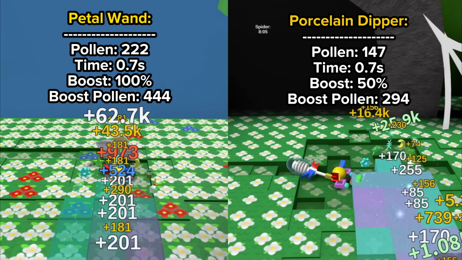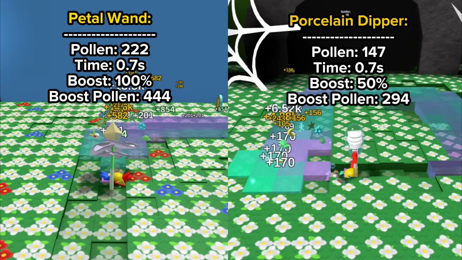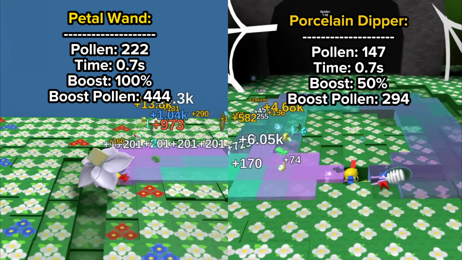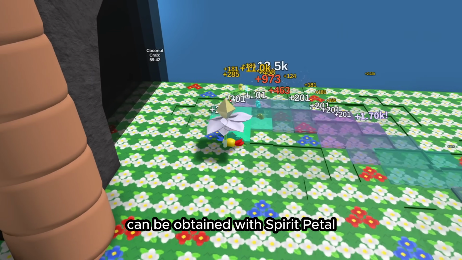Porcelain Dipper collects 147 pollen in 700 milliseconds. Petal Wand boosts by 100%, that is 444 pollen per swing, and Porcelain Dipper boosts by 50%, that is 294. The difference between these two tools is very small, considering that Petal Wand can be obtained with Spirit Petal and